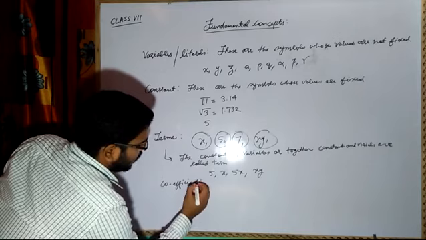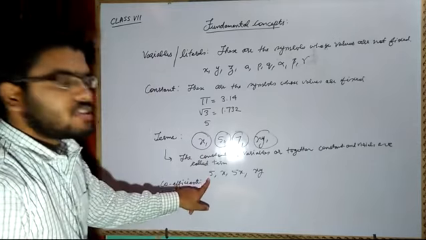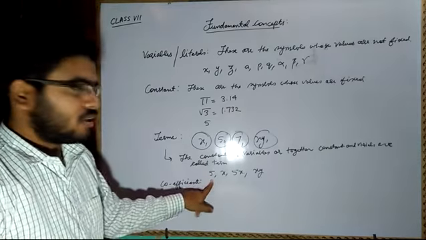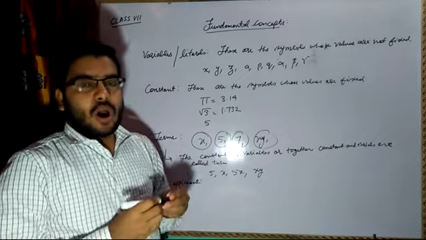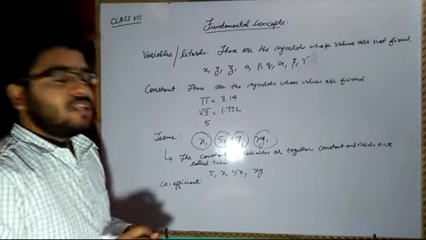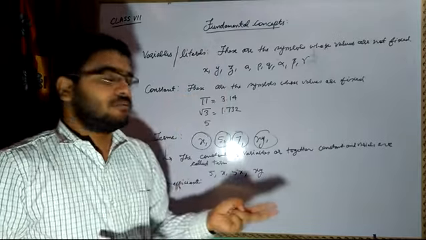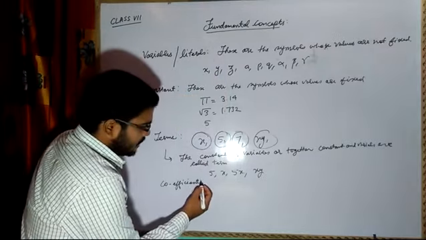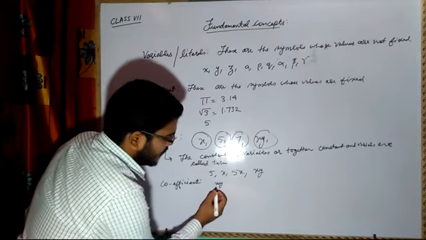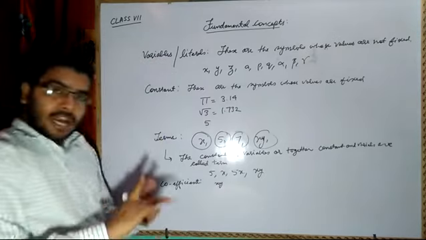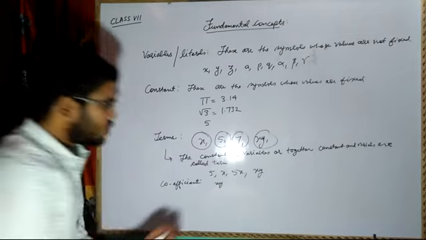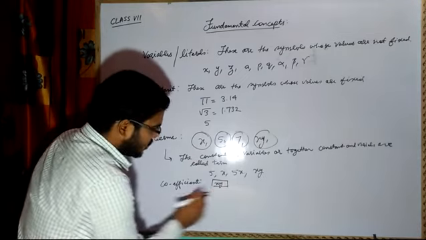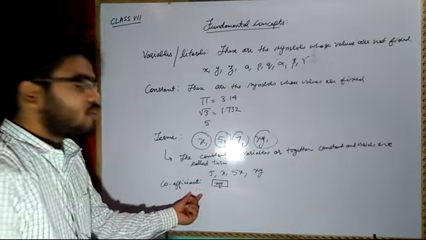What is the meaning of coefficient? Now here 5 is alone, so there is no coefficient. The coefficient will only be found when there are two terms, meaning one term having two values, be it a constant. Now coefficient means like here xy. There are two symbols, product multiplied together. So how do we find, and when do we find coefficients?